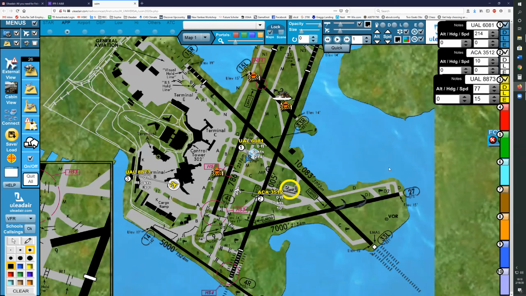Jose, you're in Air Canada, and tell them that you haven't cleared Mike yet, but you're approaching Charlie and about to turn. Okay, ground, Air Canada 3512. We have traffic inside.